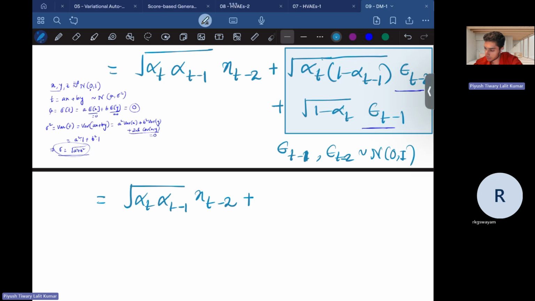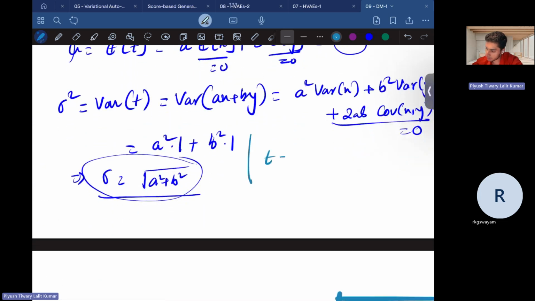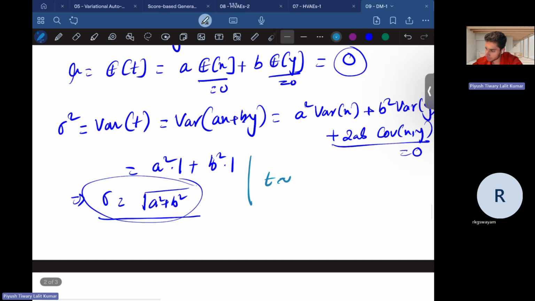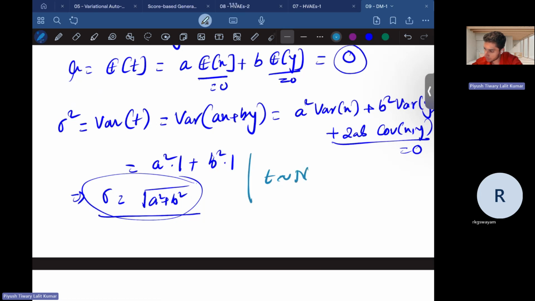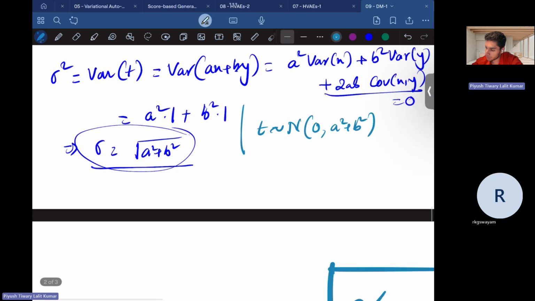One point that I missed here is that from this result, we can say that t is a random variable with zero mean and a square plus b square variance. This is what we derived here. So we got mu and sigma square. So what you can write is that t is actually, again by the reparameterization trick,